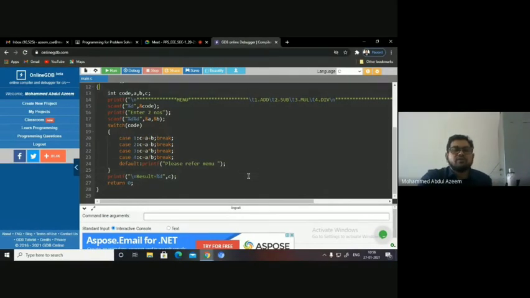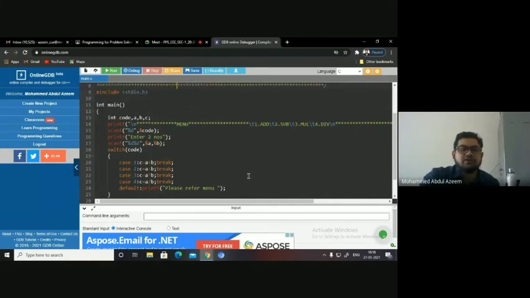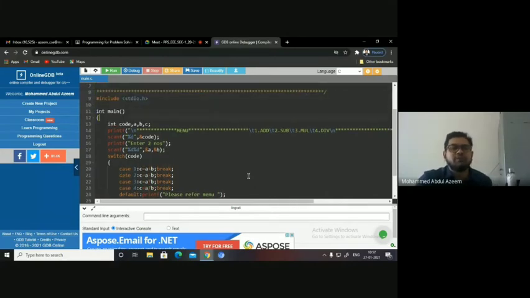And now you can see this program, the algorithm which I have discussed, for which I have written the C program. I took 4 variables. One is code to differentiate the operations here. Okay, A, B, C are 3 variables. A, B are the inputs and C is the output. Here I am showing the menu. I have displayed the entire thing with the help of a single printf